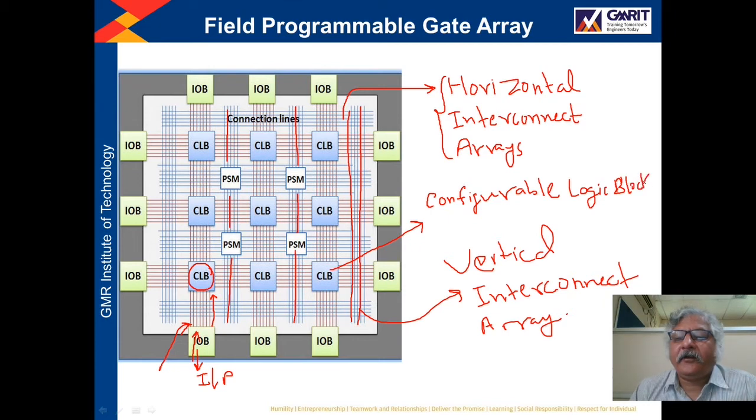So you can see there is a two-dimensional array of CLBs, right? There are many CLBs. You can see this CLB, this CLB, this CLB. So there is a two-dimensional array of CLBs, and the CLB, configurable logic block, is used